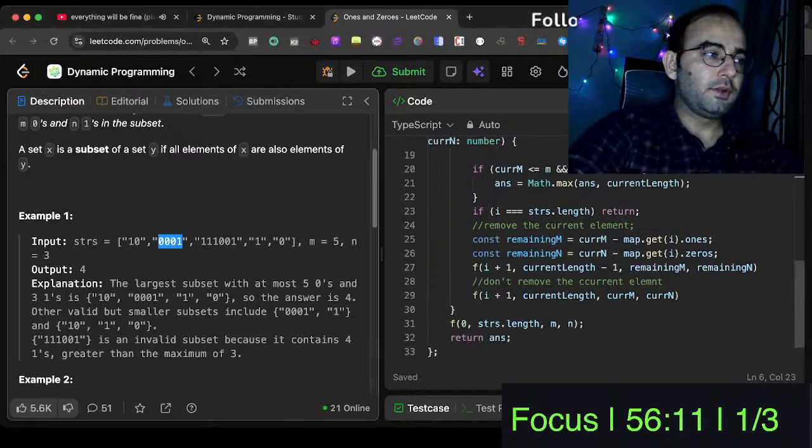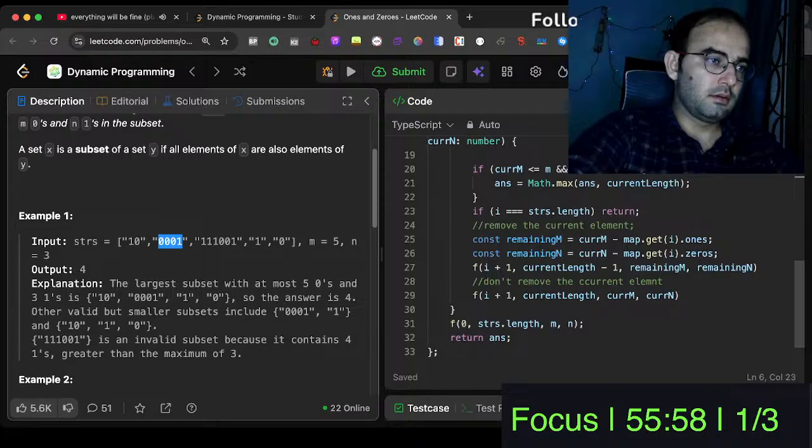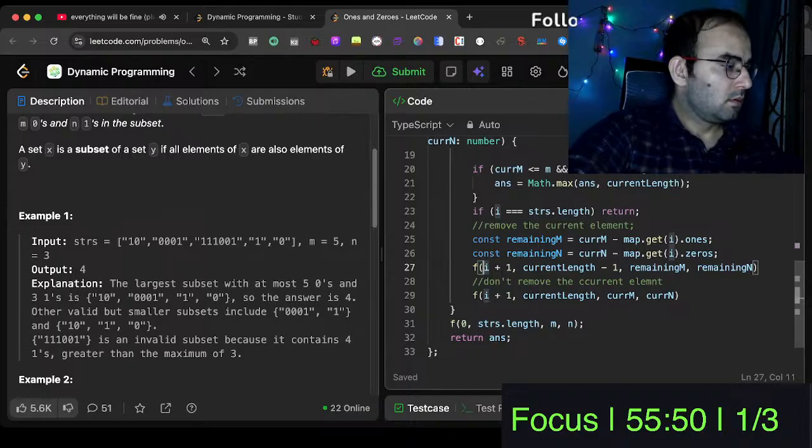For example, if I take this one, then I can count the number of 1s and zeros in this. For example, if I take this one, then I can count the number of